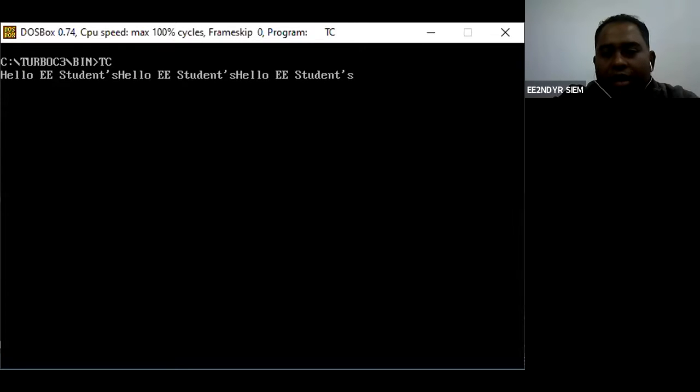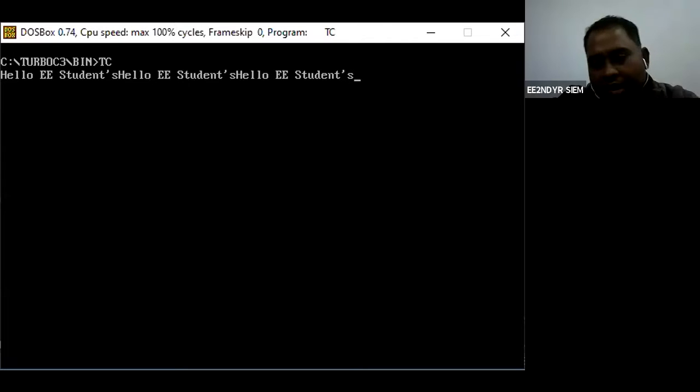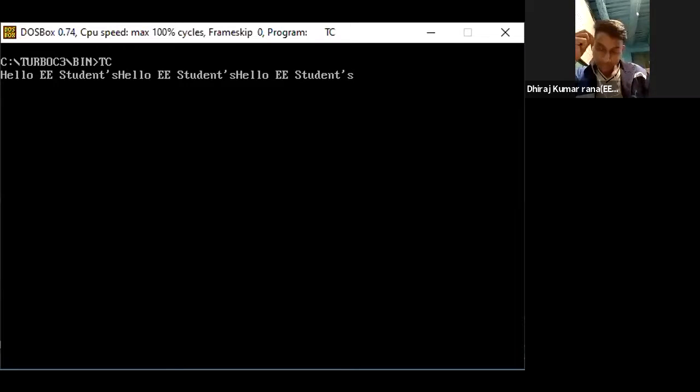Now you can see the output, but there is still a problem. I have executed this program three times, so three outputs are visible here, but I don't want three outputs, I want only one.